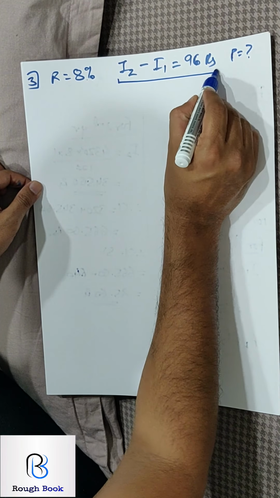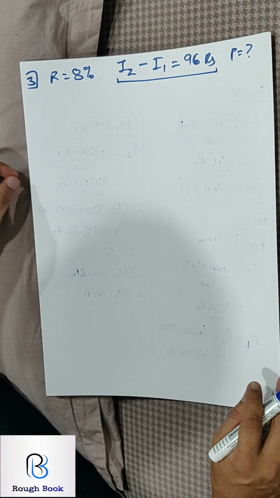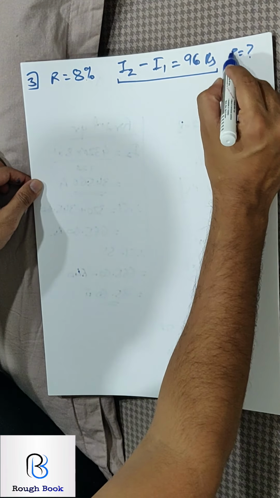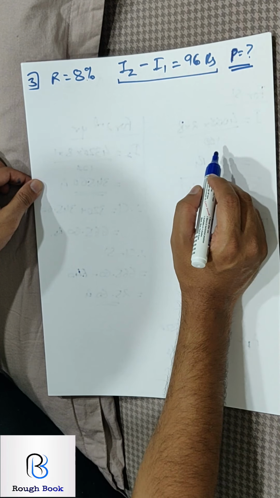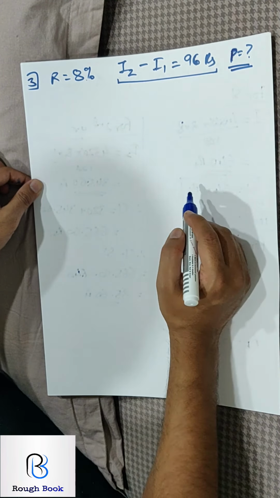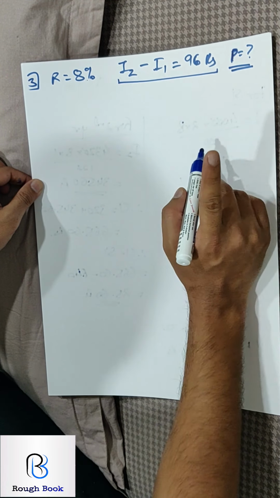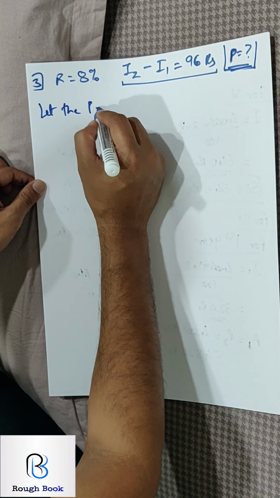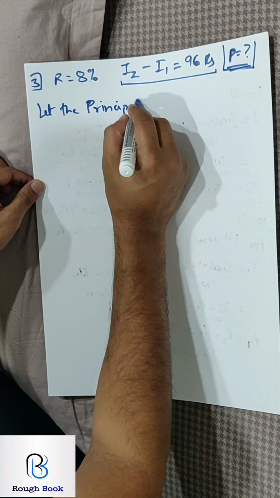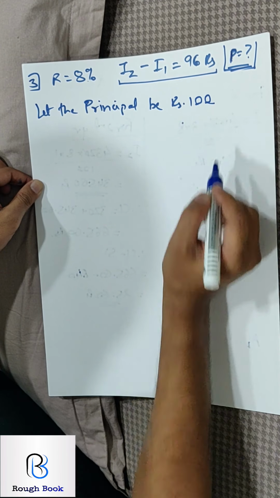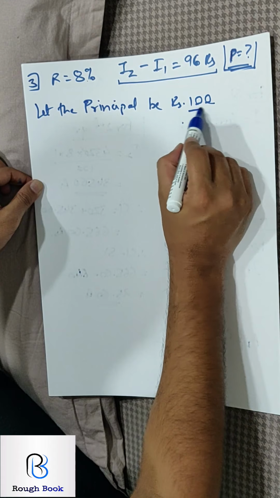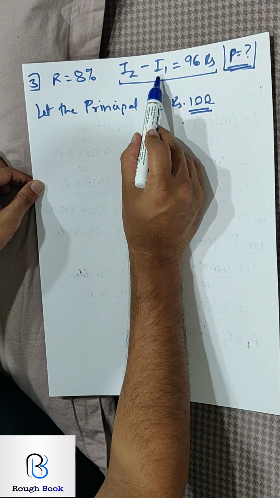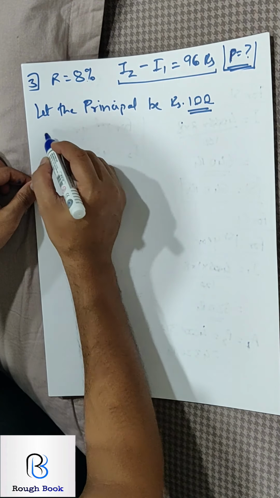Now when this condition is given, when I was talking to you in the start about the unitary method, this is the type of question that I was talking about. So how are you going to go about it? Let's make a thumb rule: whenever principal has been asked, you start by saying let the principal be rupees 100. Will you remember that? Whenever principal is asked, start the sum by saying let the principal be rupees 100. Now that you considered this as 100, on this 100 at the rate of 8%, calculate I1 and I2. Once you calculate I1, I2, get their difference. Then I will tell you what has to be done.